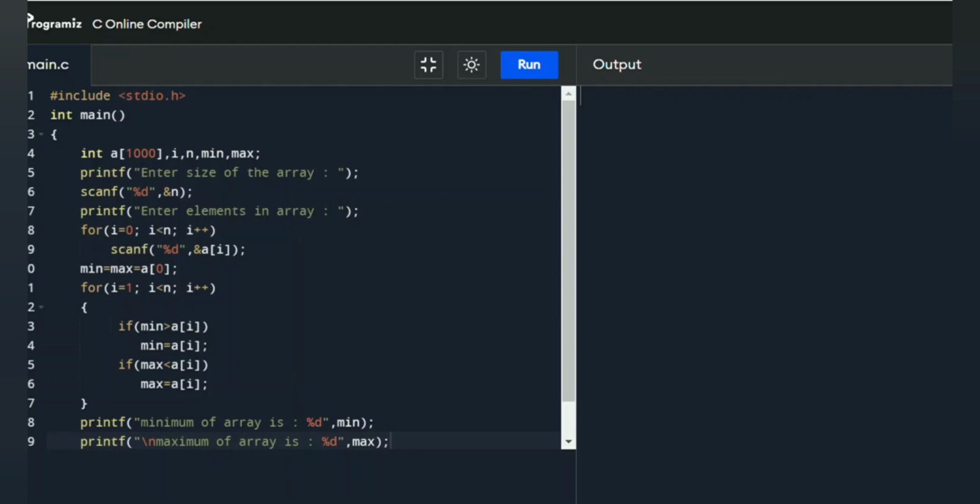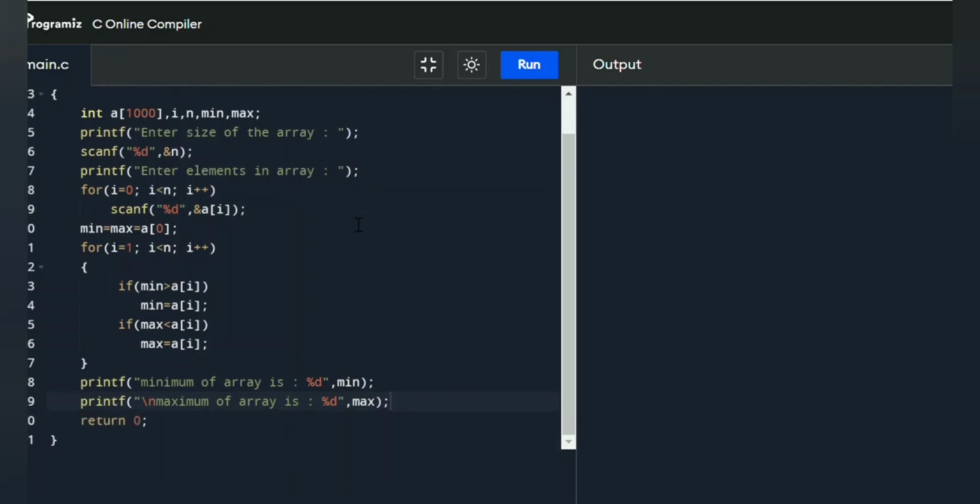As per our condition, if min is greater than A of i, then we will update the value of min, and similarly for max, if max is less than A of i, then we will update the value of max. After completing the iteration, we will print the values of minimum and maximum with the help of printf.